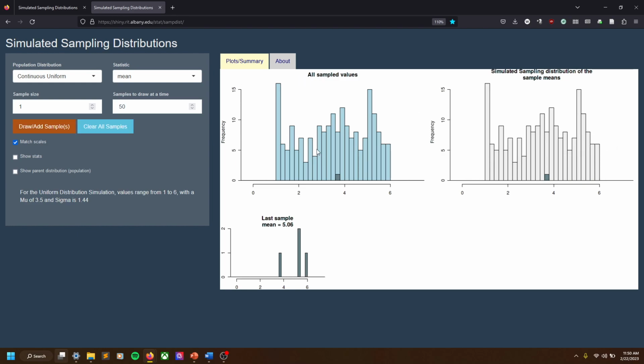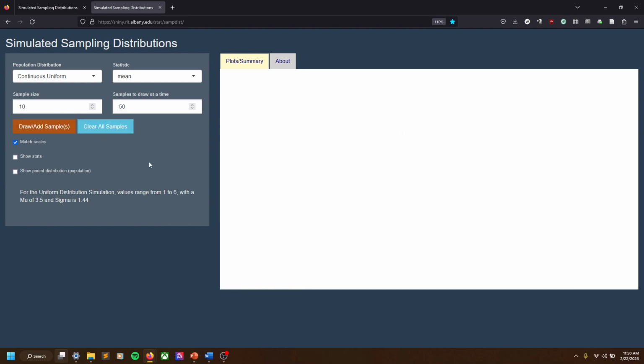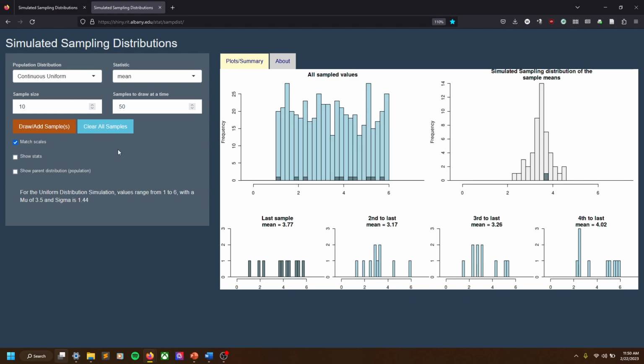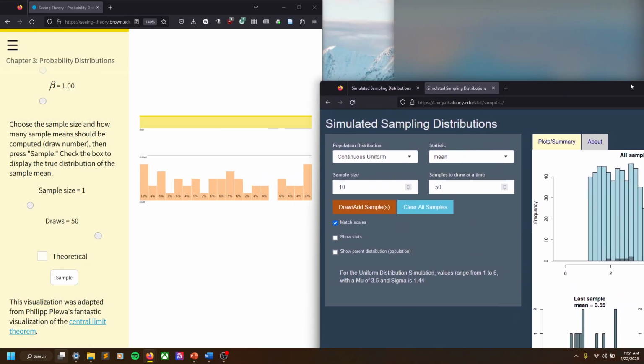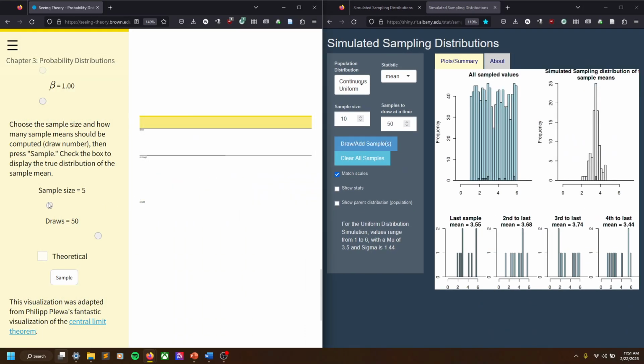All sample values, this is the aggregate, like all of the sample values together. This is the sampling distribution of sample means. Here they match because our samples are size 1, so these are going to be identical. If we kick up the sample size to 10, then we'll start to see some differences there, right? And also, you'll notice now we have a normal distribution because what happened? We have a large enough sample size, right? Just like we did in the other distribution. If we kick this up to 10,